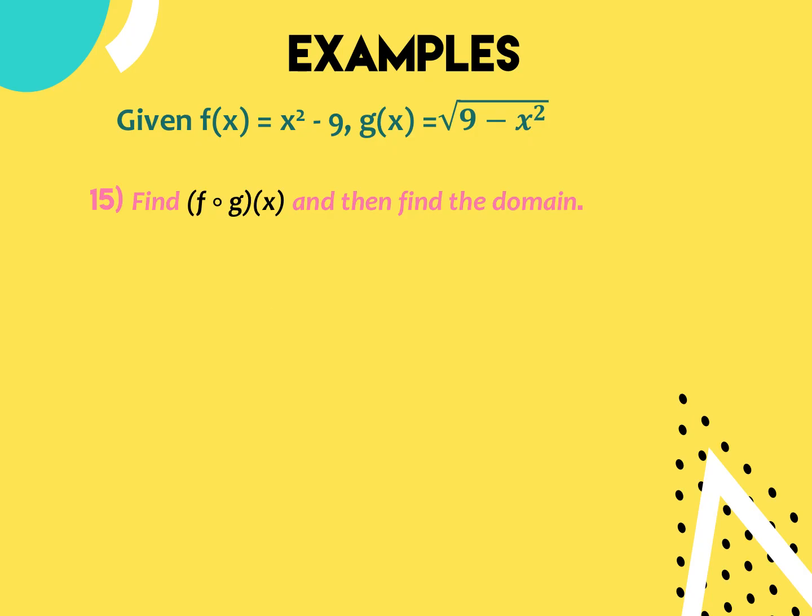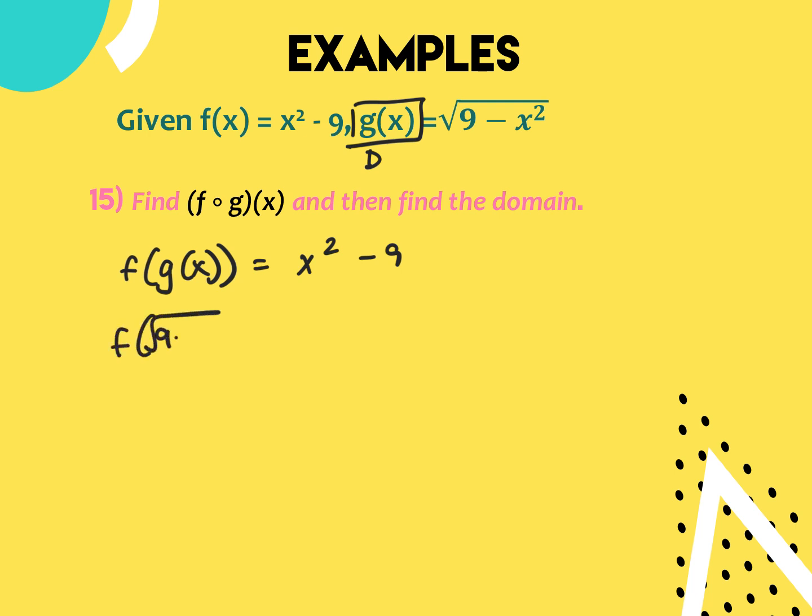So when I'm finding domains here, since it's f of g of x, and g of x is the internal one, I have to find the domain of this, and then I have to find the domain of the final answer. So again, this is f of g of x. Let me solve this first. I know f of x is x squared minus 9. So if g of x is equal to the square root of 9 minus x squared, then that's what's going to replace x here. So square root of 9 minus x squared